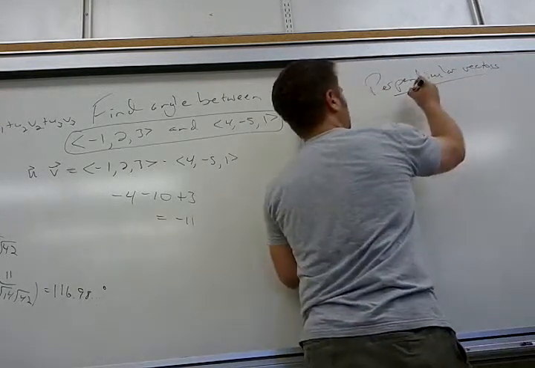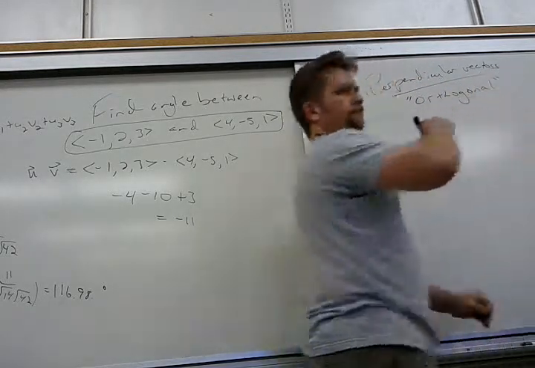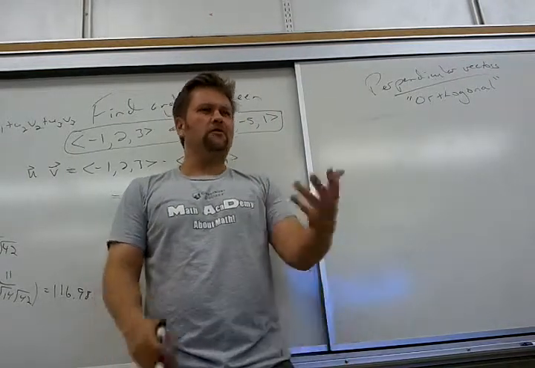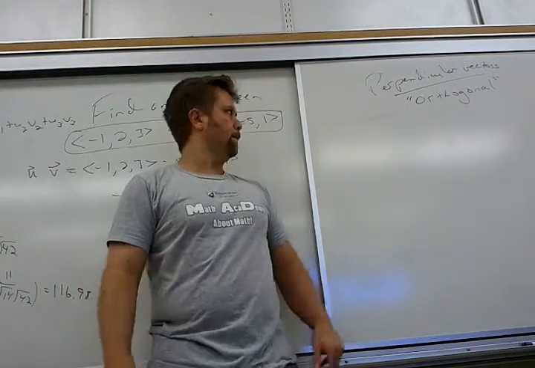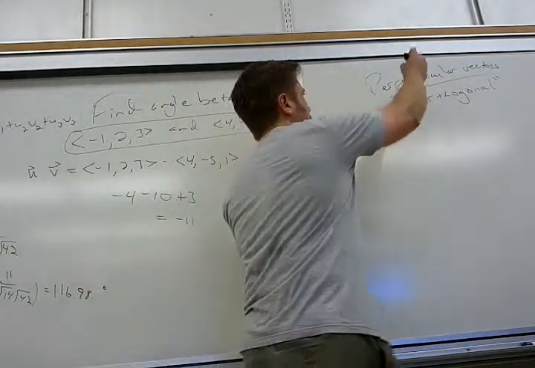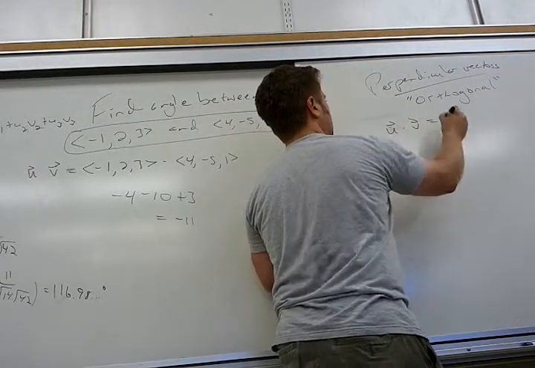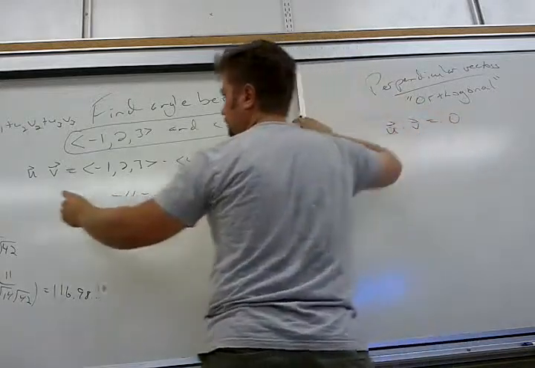Have they used the word orthogonal yet? Anywhere? The book uses it all the time. So orthogonal just means the same thing as perpendicular. Right? So to be perpendicular, U dot V must be 0 because the only angle that